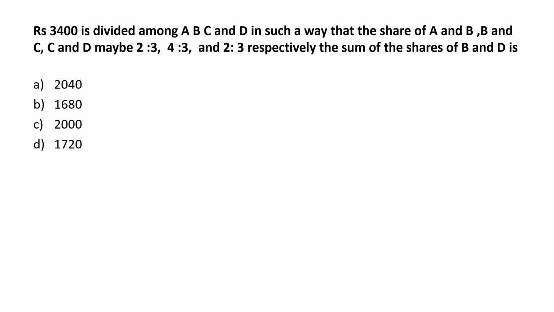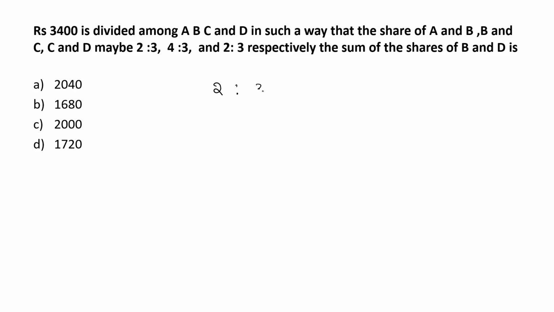In the previous sessions of basic videos, we have learnt about the combination or merging of ratios. Here we have three ratios, 2:3, 4:3 and 2:3 respectively, and we need to merge all of them into a common ratio of A:B:C:D. The merging process of ratios was discussed in the previous videos, so please go through those videos and follow my videos regularly to get all these tricks.